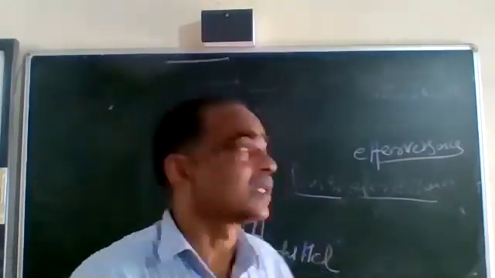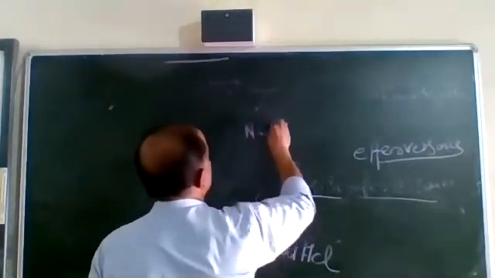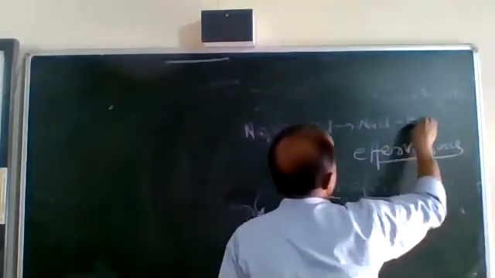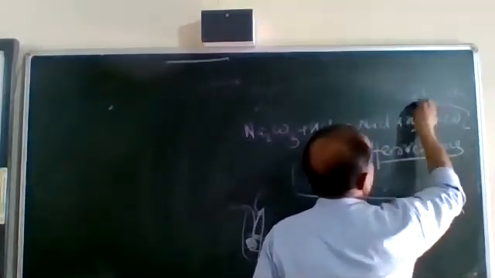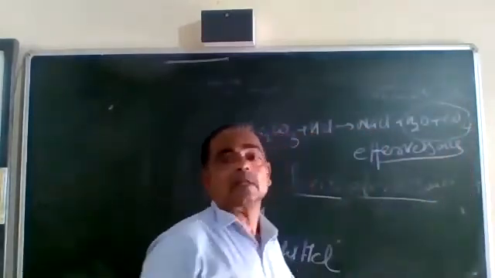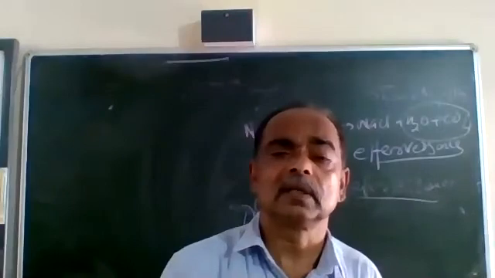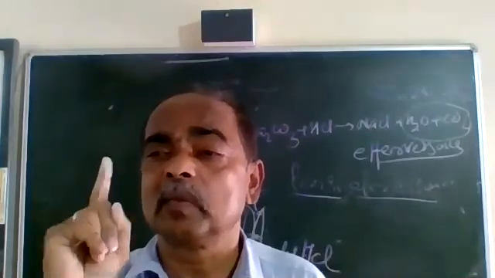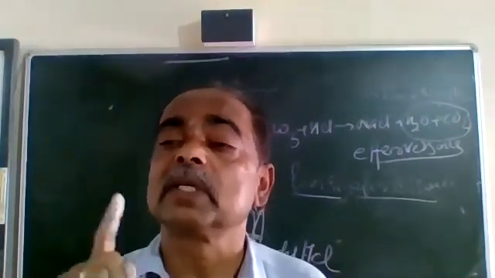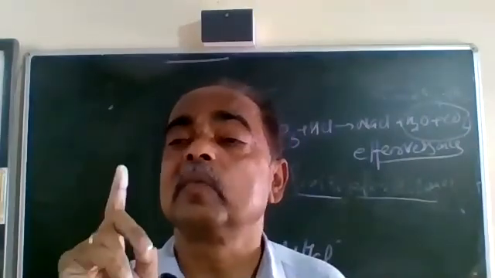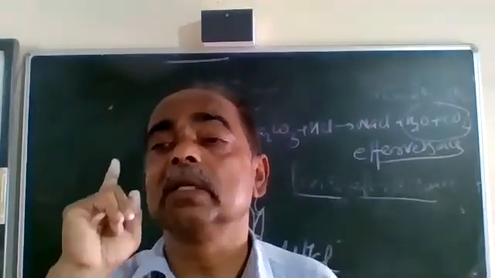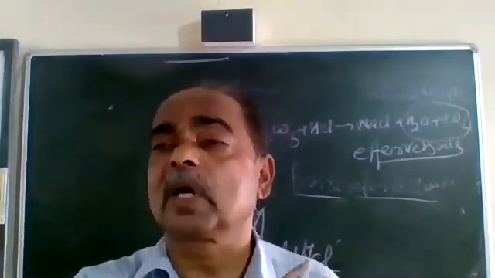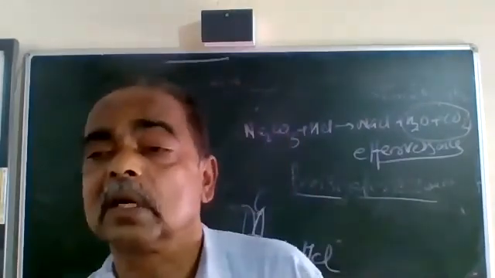So sodium carbonate plus HCl, Na2CO3 plus HCl, will produce NaCl plus H2O plus carbon dioxide. This carbon dioxide comes out with great pressure, and that is how acids are tested. Clear? Two properties I told you. Metals above hydrogen displace hydrogen, and the test of hydrogen is that it burns with a pop sound. Hydrogen is a highly combustible gas. The next one: acids react with carbonate and bicarbonate, and carbon dioxide gas is released. All right?